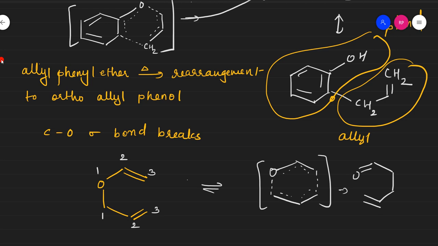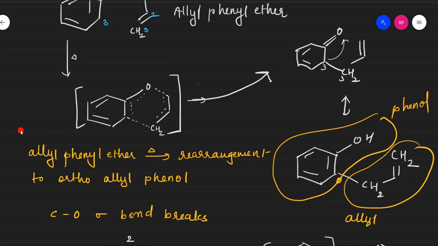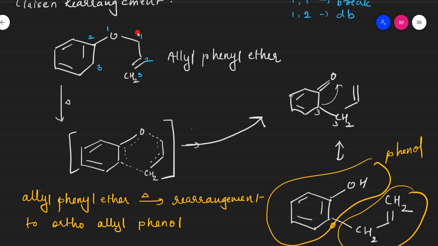So this was all about Cope Claisen rearrangement. This is Claisen. Typically, Claisen you can identify when you have a benzene ring and an ether type of linkage, allyl phenyl ether. This is always Claisen rearrangement. There is more to this, stereochemistry and everything, but since I'm just sticking to the syllabus as per the university for TYBSc, I'm not going into the stereochemistry. I make a video for MSc students, there I will show the stereochemistry of all these reactions. As far as you TY students are concerned, this is enough.